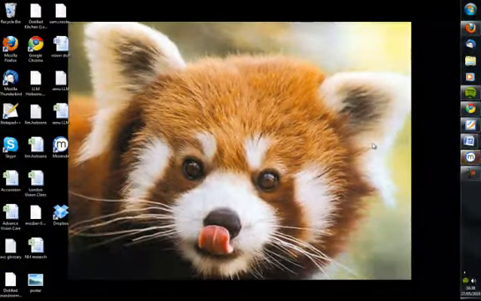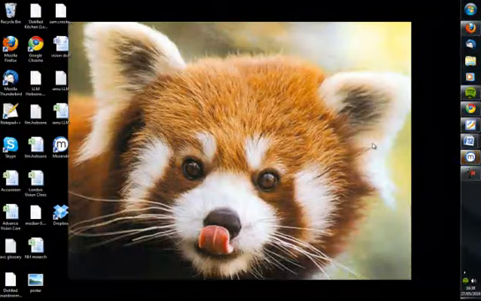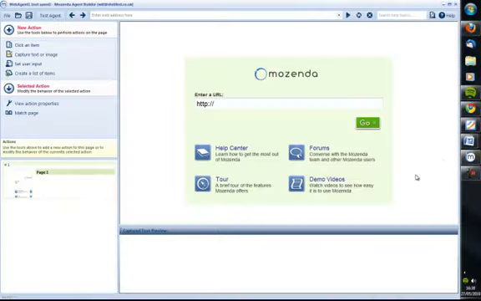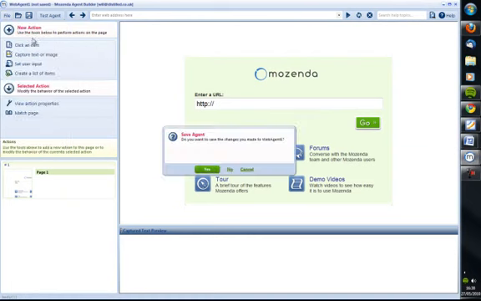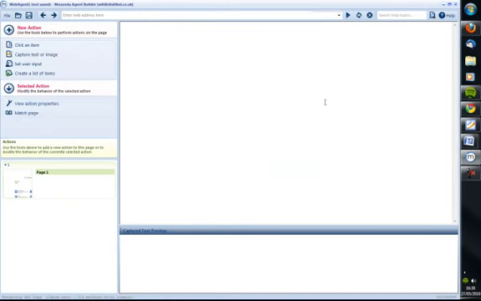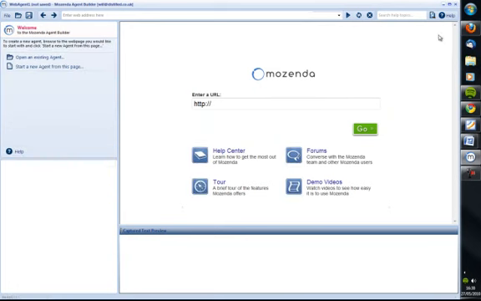For those of you who aren't familiar, Mozenda is basically a crawler and scraper to a certain extent as well. So this is what it looks like if you've not yet seen it. We're going to want to start a new agent. Don't need that old one. So yeah, what you're going to want to do in this case,